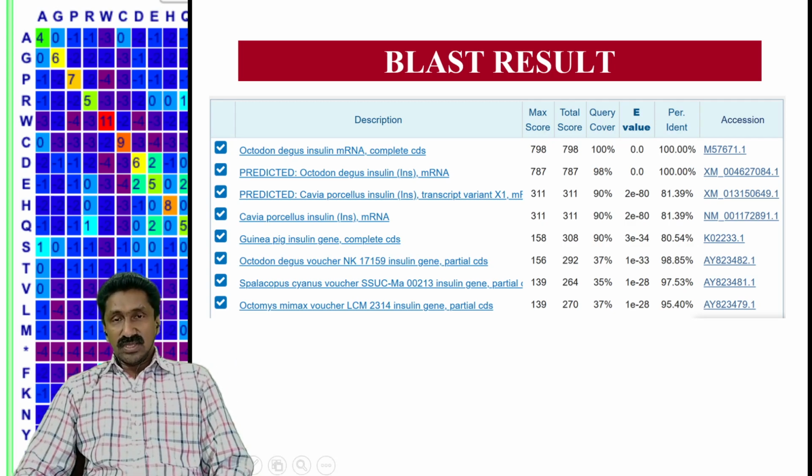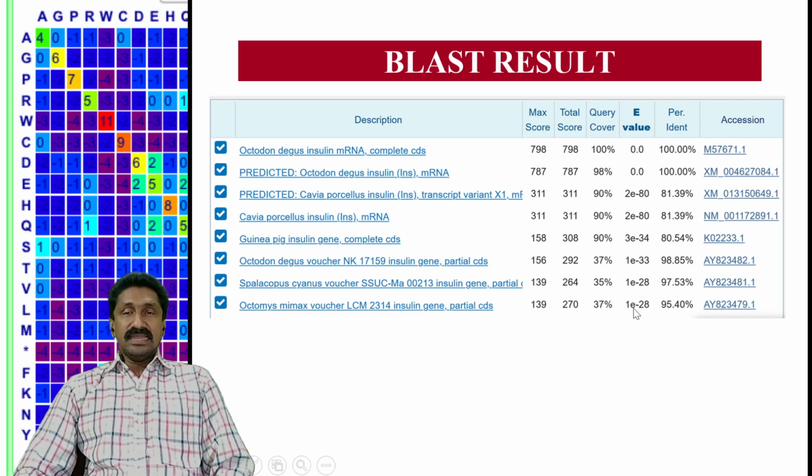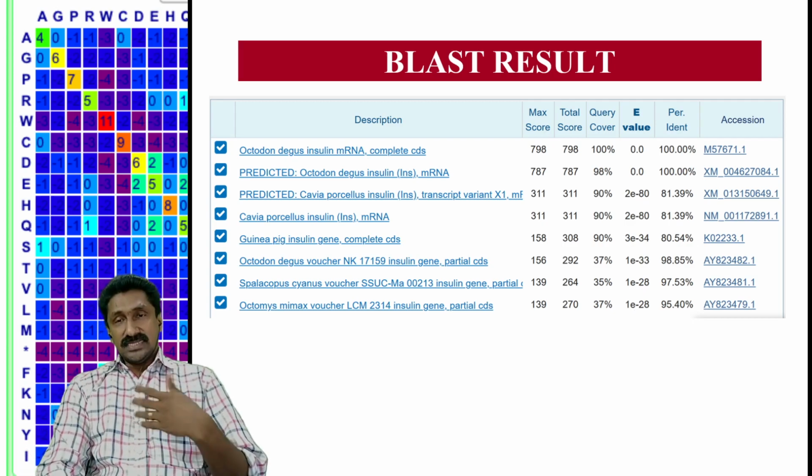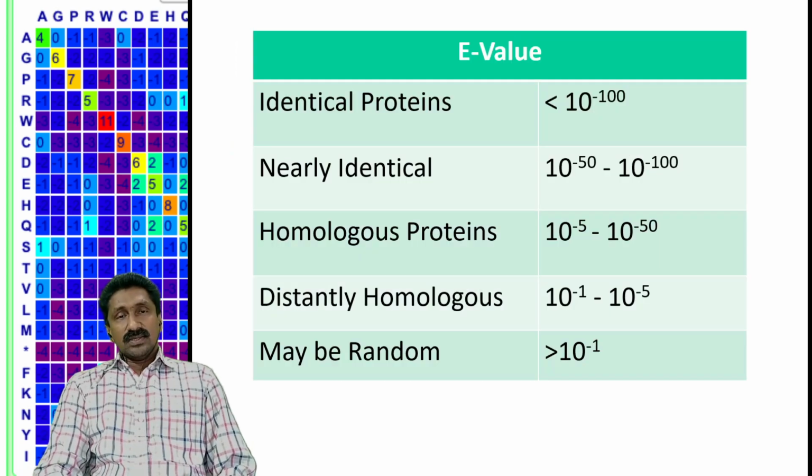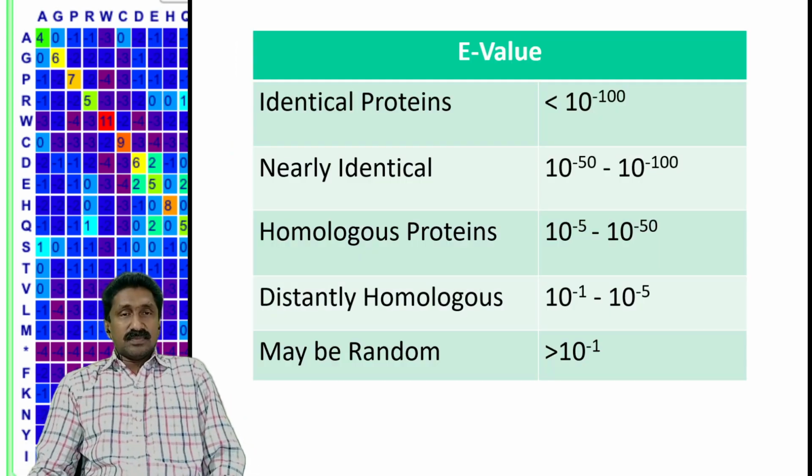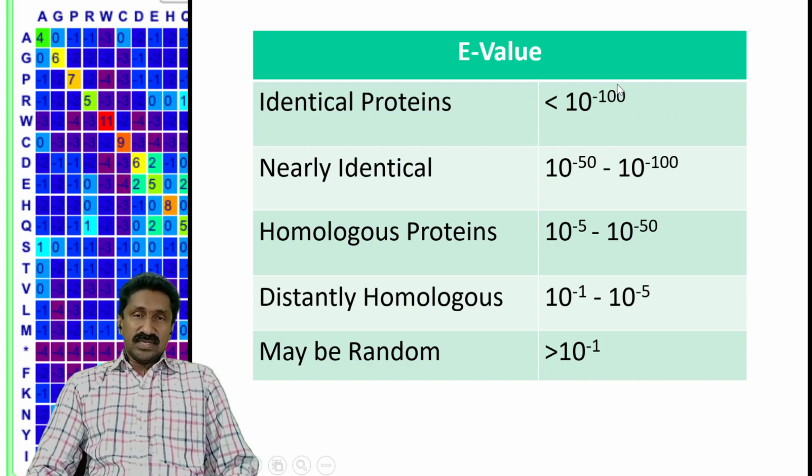But when we come to the other sequences, we have lesser query coverage, the overall score is less, and the e-value will again increase. So the increasing e-value indicates the sequences are more distant. This is another representation in which you can see identical proteins with an e-value of 10 raised to minus 100.